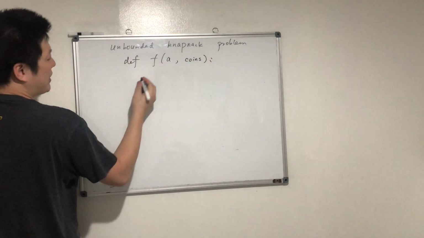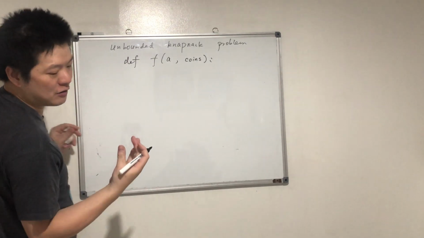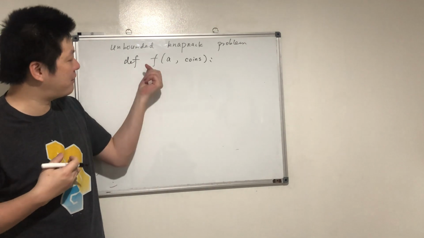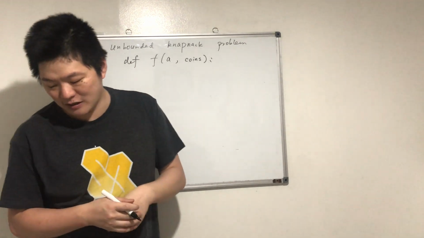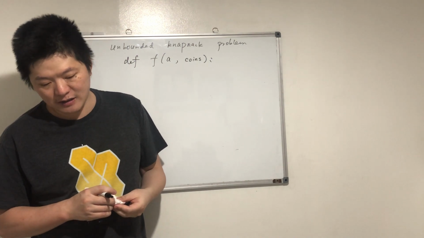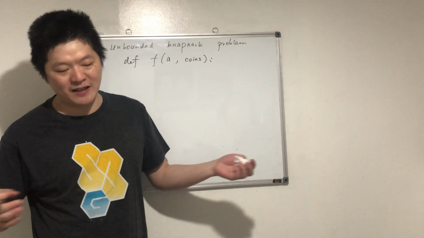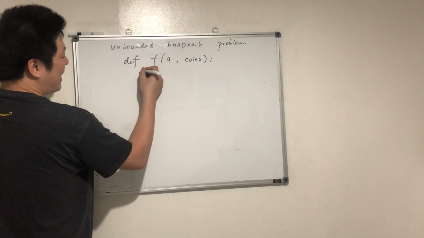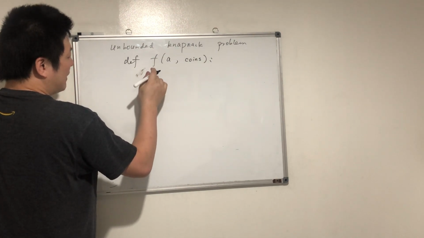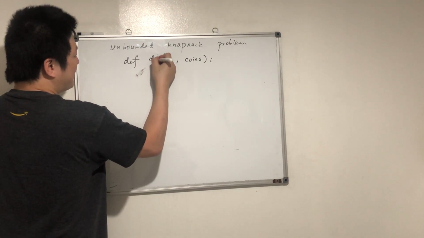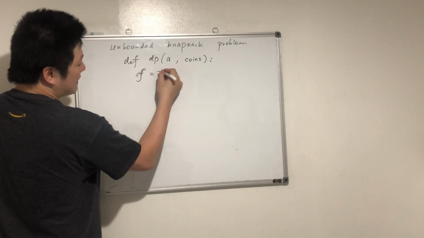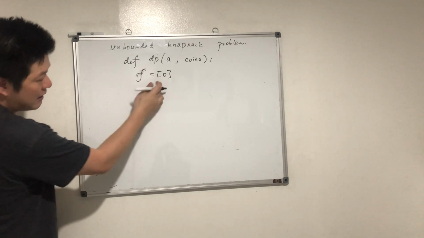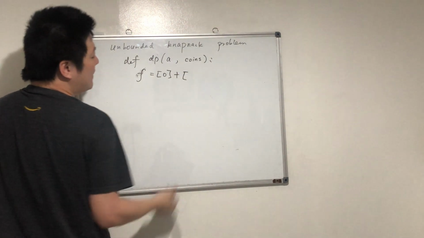Look, Eric. So first of all, we need to have an array, a list, to store the F, right? What is F0? If the amount is 0, how many ways can you make it? Nothing. So let's change this to dp. And then dp equals, look, Eric, 0. This is F0, yeah? Plus, at the beginning,